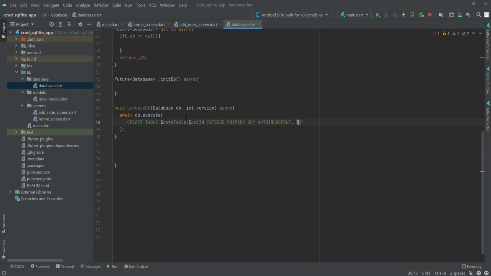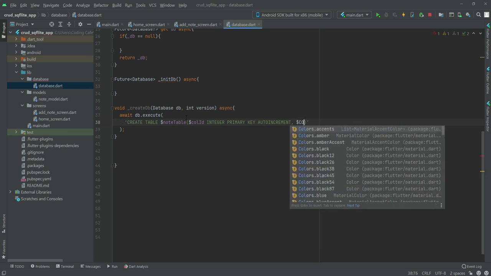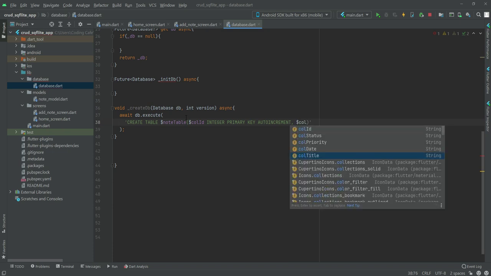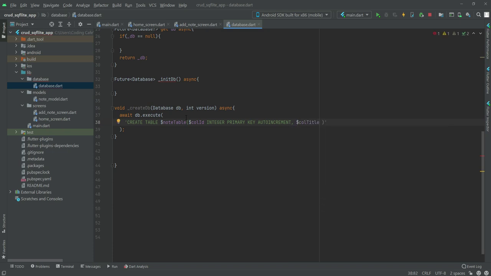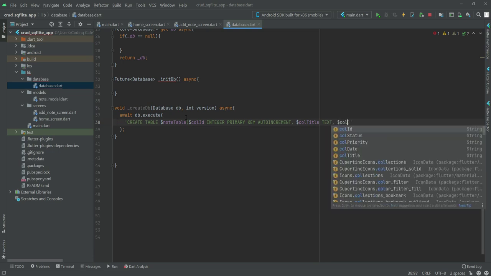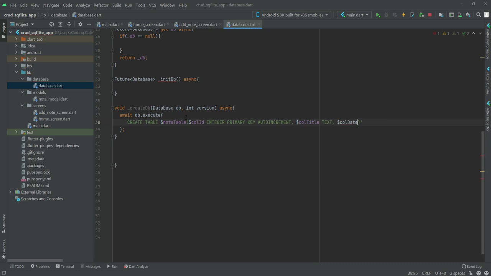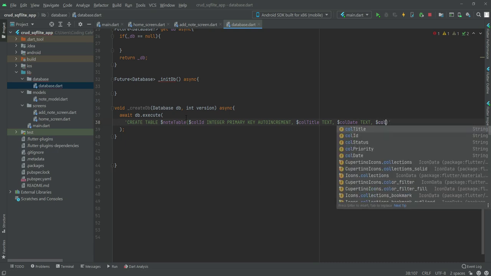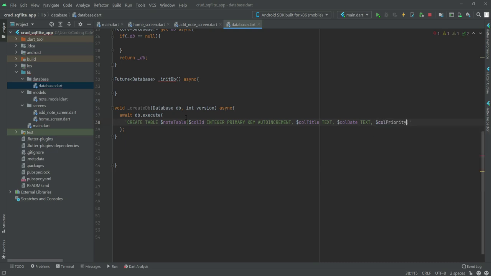then the colTitle will be TEXT, and the colDate will also be TEXT, then the colPriority will be TEXT, and the colStatus will be INTEGER.